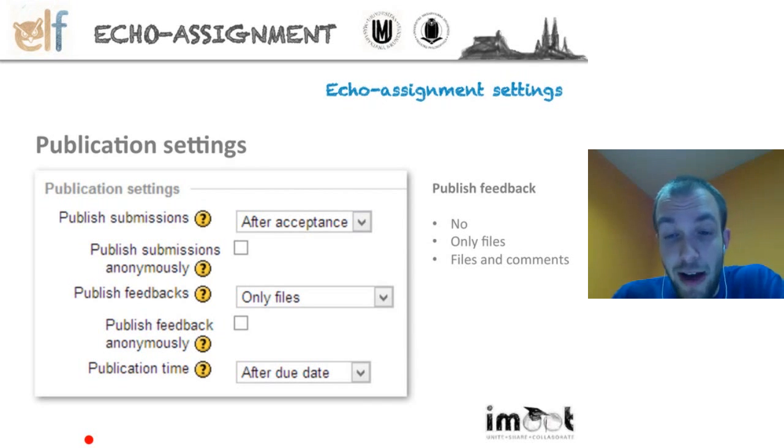Then we have the publish feedback options. As I said already, the teacher can provide the whole group with all the feedback files and feedback comments that were attached to the individual submissions. Usually, feedback is quite individual, so probably the teachers won't be using this option very frequently, but in specific cases